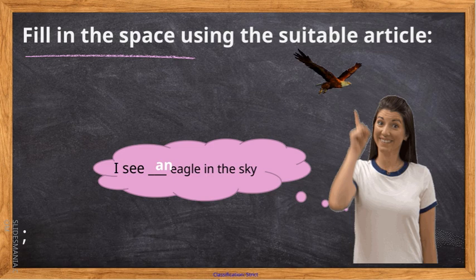So the complete sentence would be, I see an eagle in the sky. This is an important concept because choosing the correct article helps make your sentences clear and natural. Remember, an is used before words that start with a vowel sound, and a is used before words that start